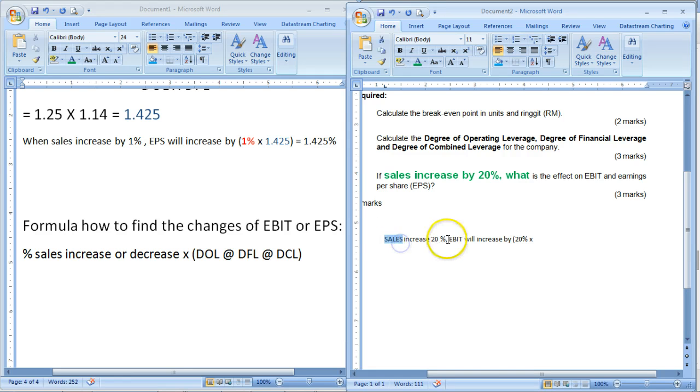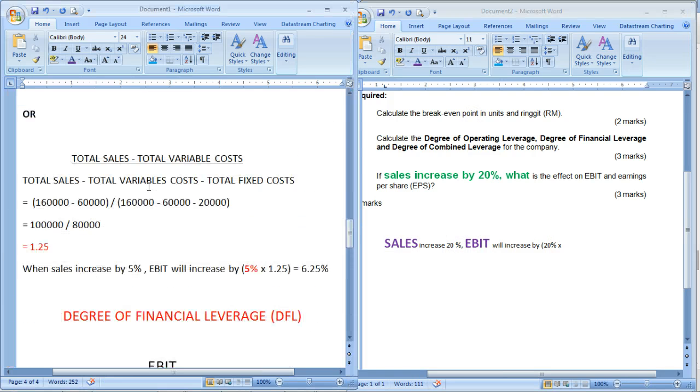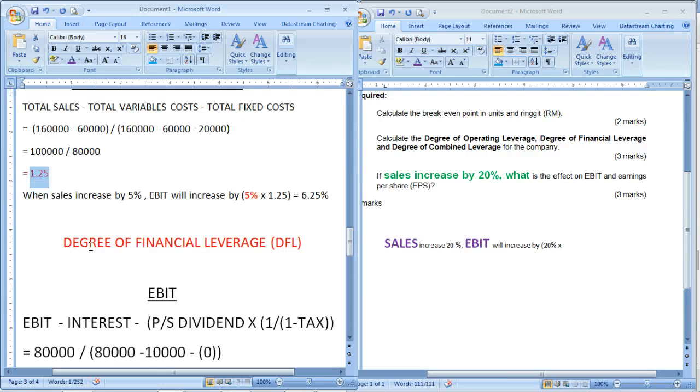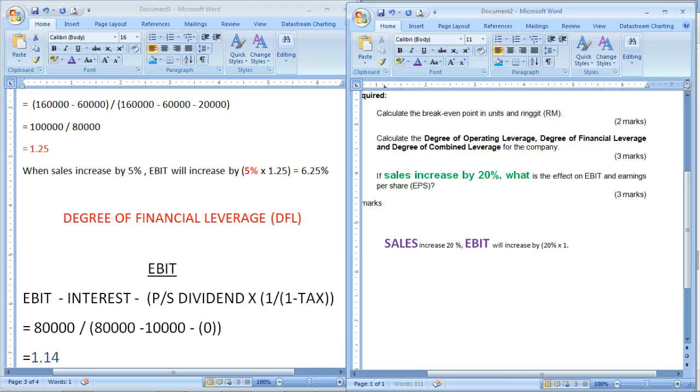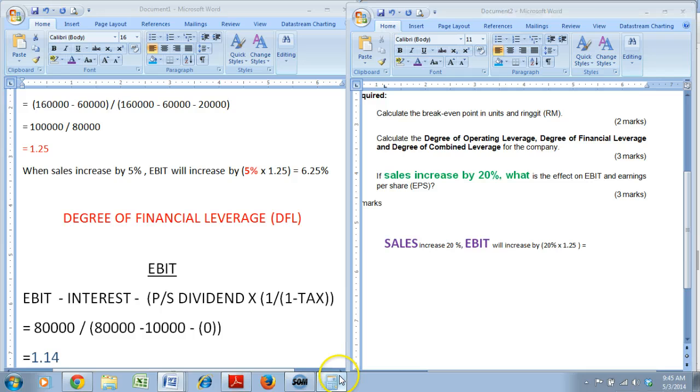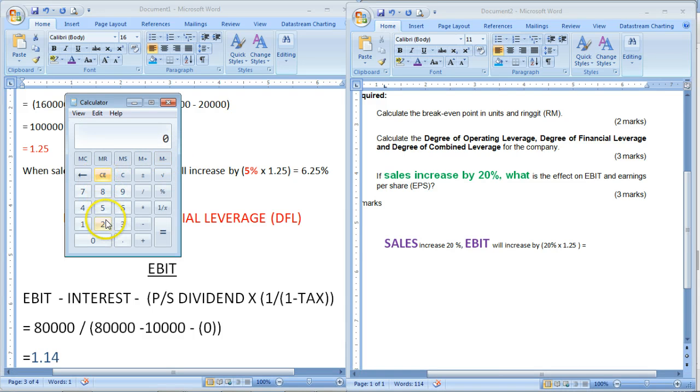You see, sales and EBIT, you are talking about DOL. DOL is 1.25. This is our indicator that we use. So can I change to 0.2? No. Use 20 directly. 20 times 1.25. You get, wow,